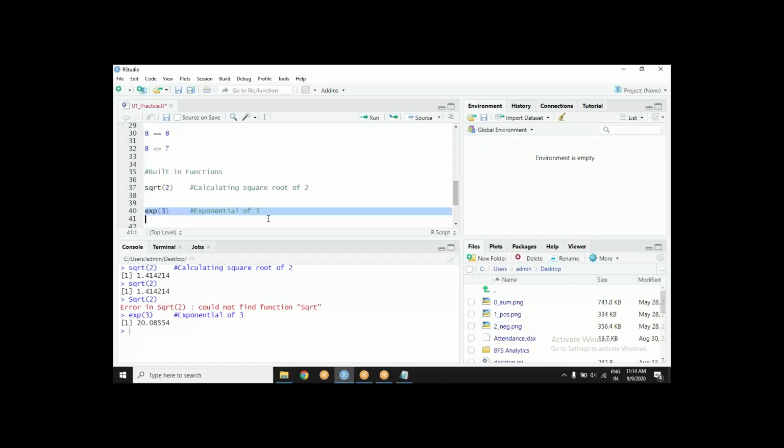But what is the exponential of 3? What is this function doing? It is showing a value of 20.0855 or whatsoever. But what's that? What is it?